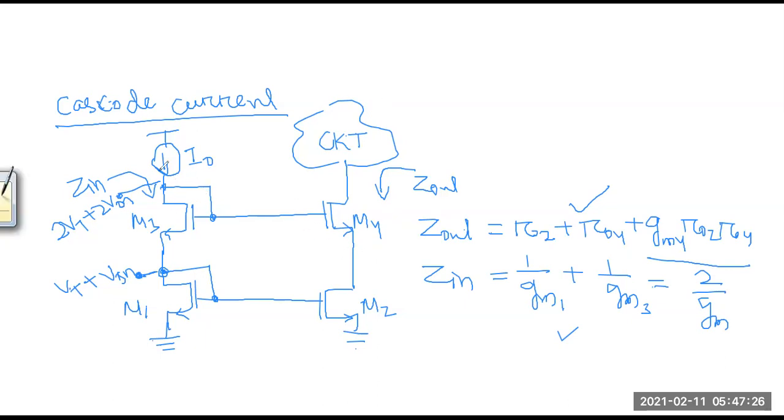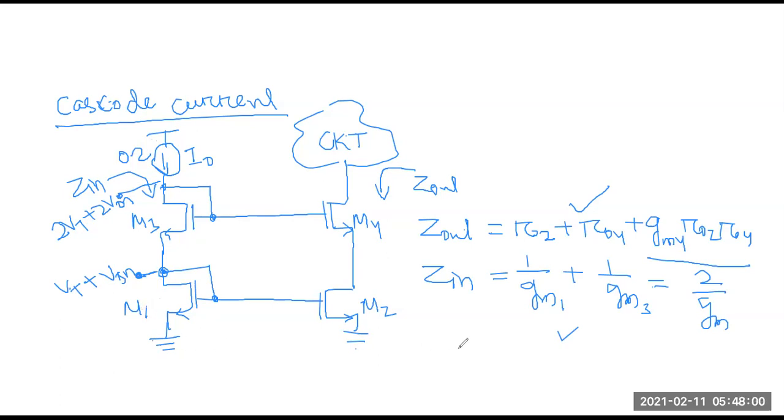Now again for this current source, you have to give at least 0.2 voltage or 200 millivolt, because this current source is nothing but a transistor also. For that transistor the saturation voltage VDS is around 0.2 voltage. So even there you have to give 0.2 voltage. So if you calculate, this is 2 VT plus V on plus again V on. So it's 2 VT plus 3 V on overall voltage.